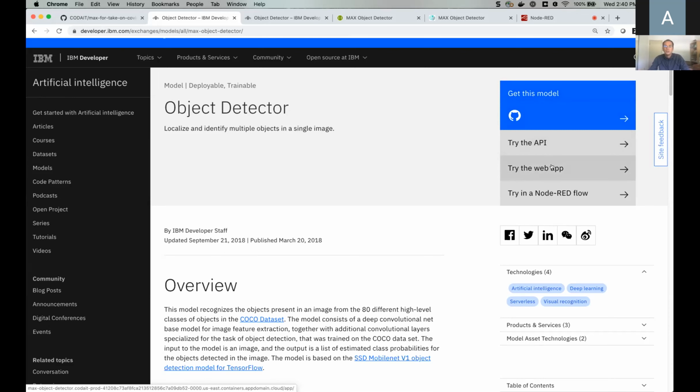And then last but not least, for many of the services we have a sample application. And like Pooja was mentioning earlier, we also support Node-RED, so that if you're interested in utilizing the object detector service in an IoT scenario, for example, on a Raspberry Pi, you can simply create a flow that then connects to this service that we have and then does the analysis for you.